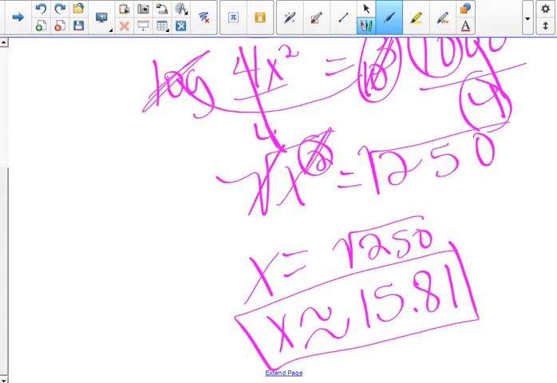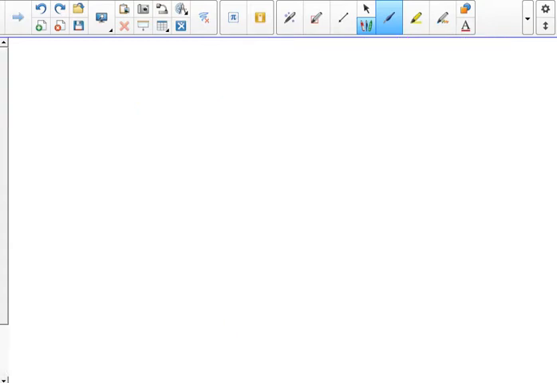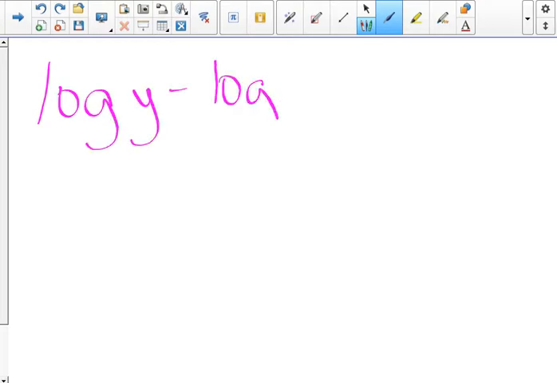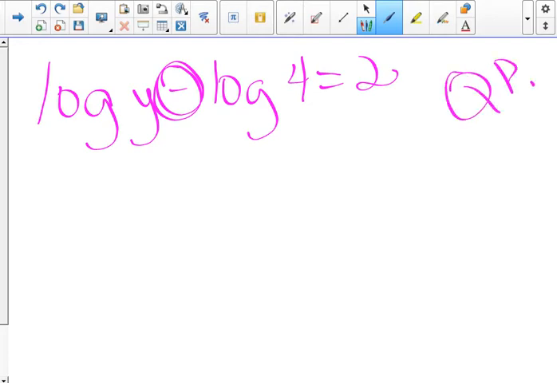Anybody have any questions? Okay, at this point, I'm going to let you loose on 15 and 16. 15 is log y minus log 4 equals 2. So now we've got a minus, which means that's going to be your quotient property. You're going to use that one to solve. Okay. And then 16,